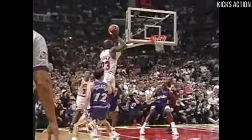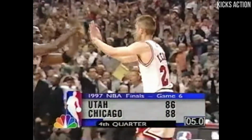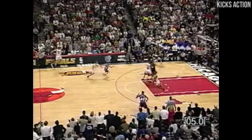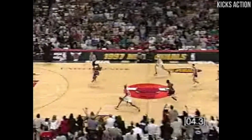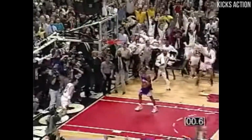Well, the question was, would they come double Michael Jordan? Stockton game. Steve Kerr, reminiscent of John Paxson in '93. 5 seconds remaining in regulation. The inbound. Have won their